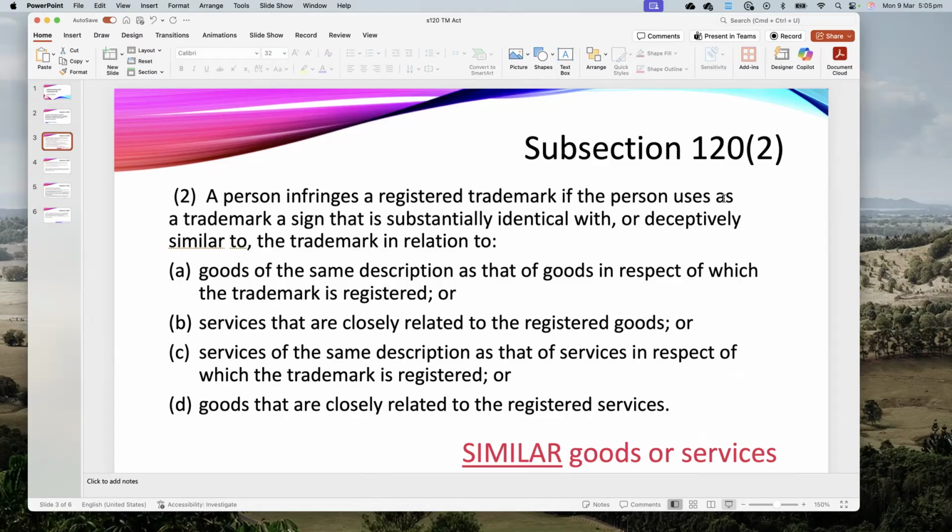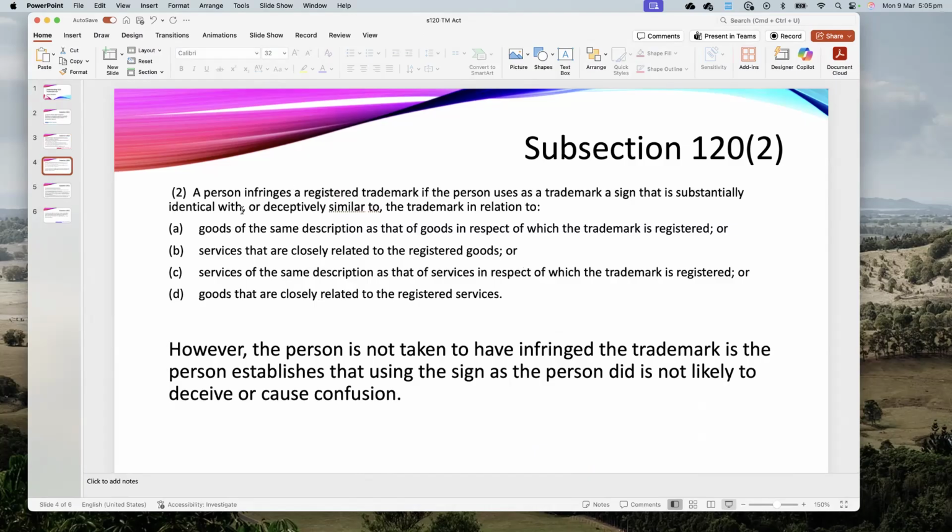It is used as a sign, a mark that is substantially identical with or deceptively similar to the registered mark. So these are the same tests, right? Used as a badge of origin in trade or commerce, and then looking at whether they are exactly the same or whether they are deceptively similar. The important difference for subsection 2 is that after this bit, which I've replicated here on this next slide,